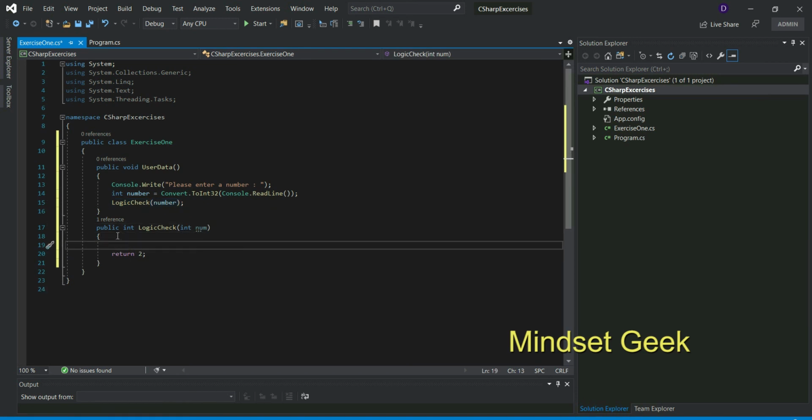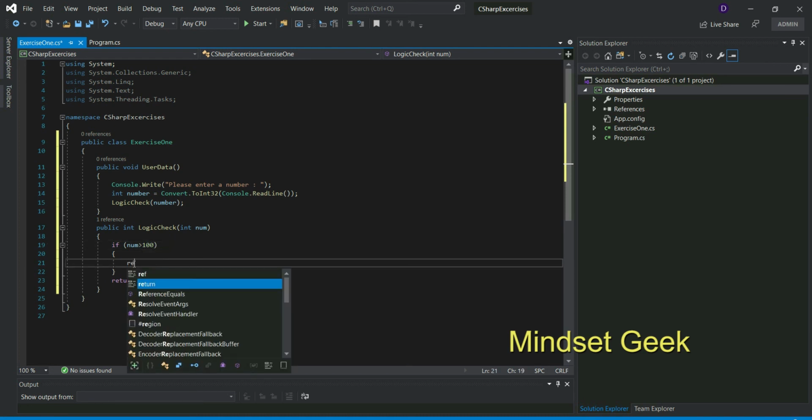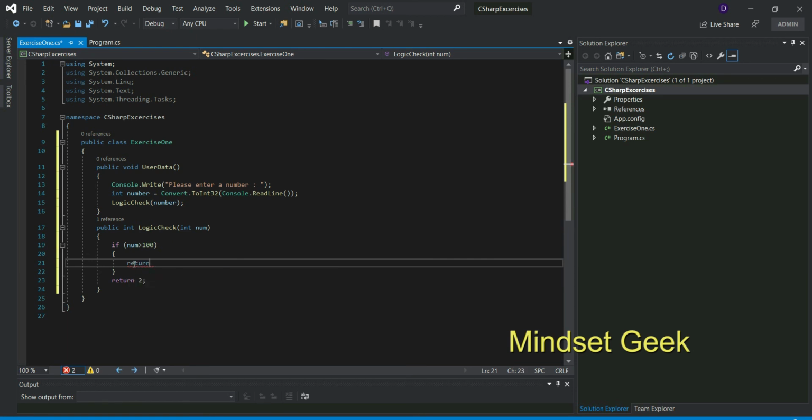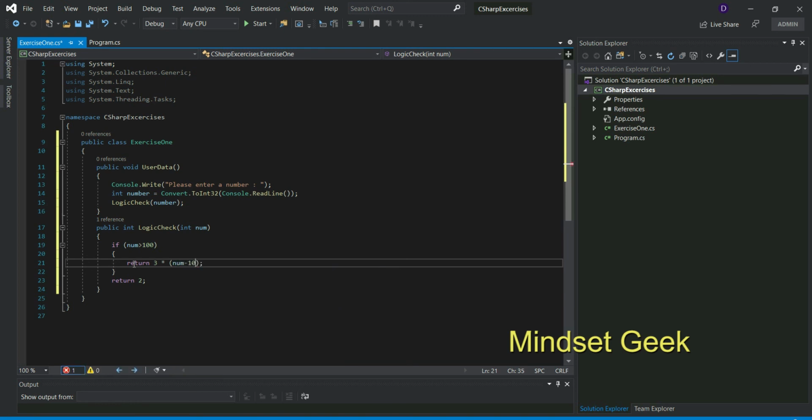First we check an if condition, right? We want to check whether this number is greater than 100. If this number is greater than 100, we should return triple of the absolute difference, num minus 100.